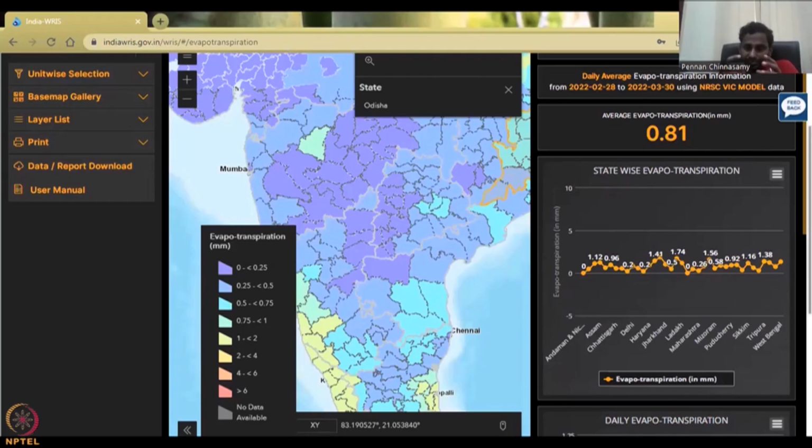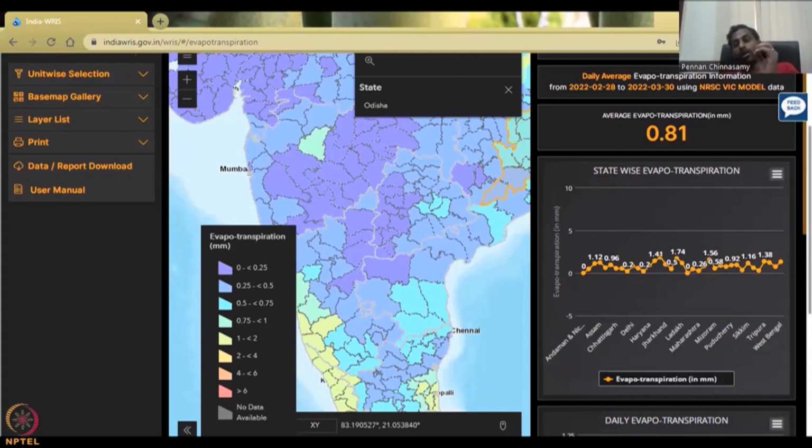It is a kind of a known value, because when you say evapotranspiration, for what? For a day or for a month, you have to specify that. And when you specify for a day, then the day is gone in the unit, it's just millimeters. Okay, so make sure that you know that it is per day, and I'll show you the time series